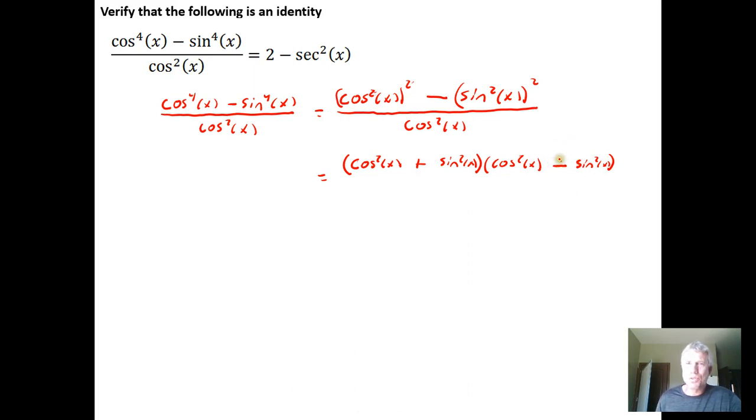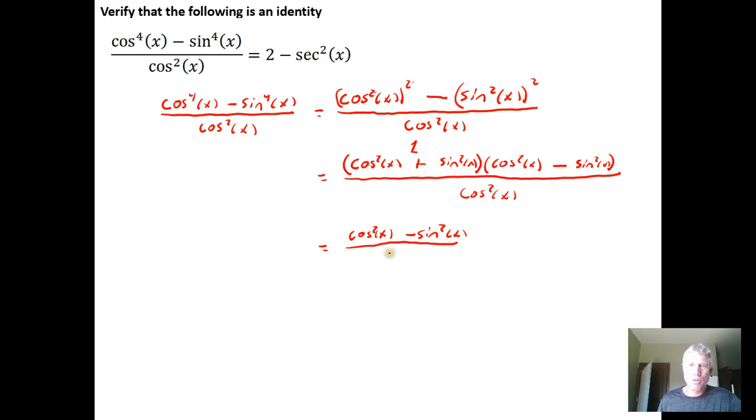And the reason it's useful is that the cosine squared plus the sine squared is equal to 1 by the Pythagorean identity. So we can replace this with a 1, which is just going to give us the cosine squared of x minus the sine squared of x over the